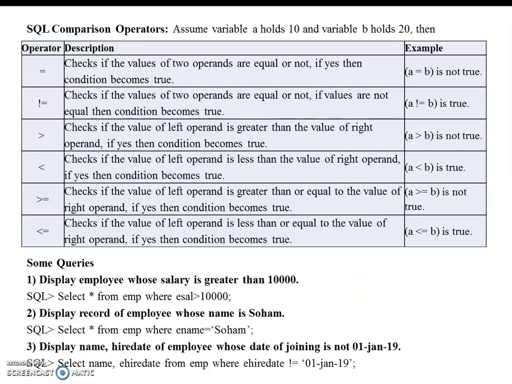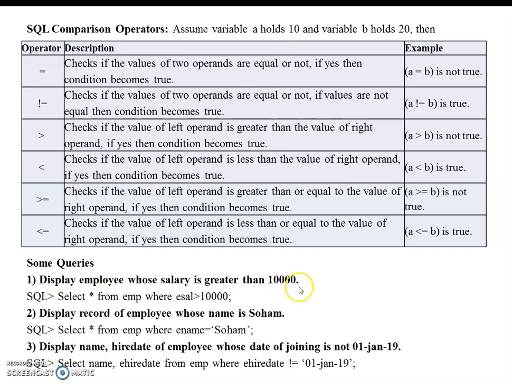Next, let's go to the next operator, and that is the comparison operator. The use of a comparison operator is to compare the values of two operands. So if I have two values A and B, then I can perform comparison in terms of equal to, not equal to, greater than, smaller than, greater than or equal to, or less than or equal to. So these are the 6 main SQL comparison operators which are used for comparing the values between two variables.